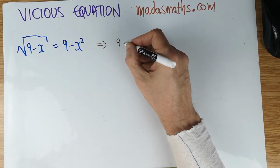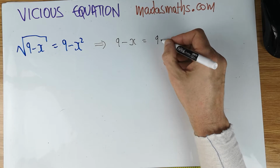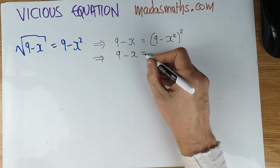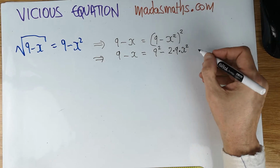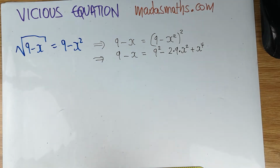I'm squaring both sides. You might say, well, you just did that. Yes, I did do this one. But in order to see what is different here now, I'm going to put extra steps. So that's 9 squared minus 2 times 9 times x squared. And then we got, of course, plus an x to the 4. And then we can perhaps look at this a little bit differently. We can rewrite this as,